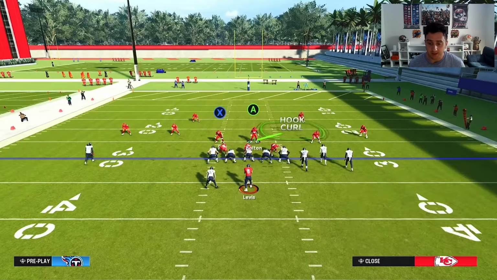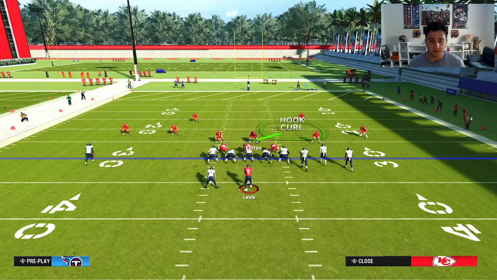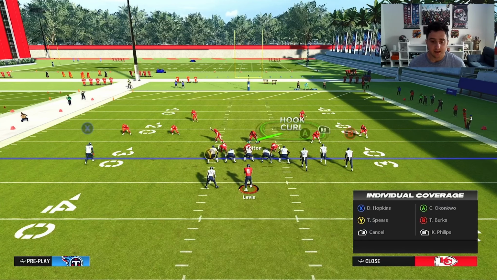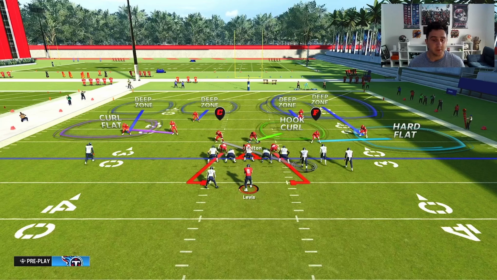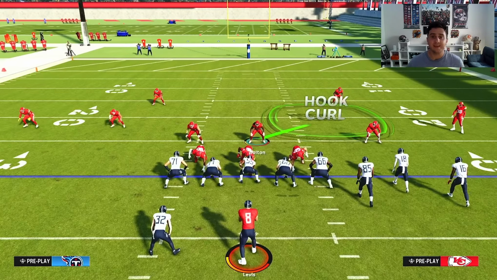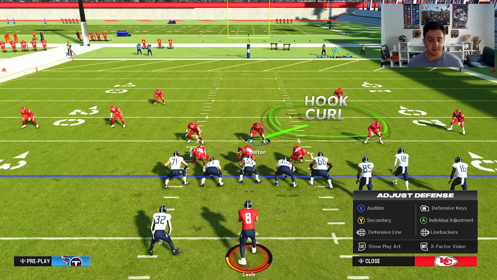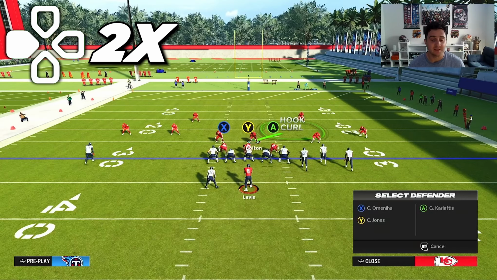You can put him even in a middle third, you can put him in a man assignment. It really just depends on what you want to do, but that is how you quick adjust your linebackers. But what about the defensive line? To quick adjust your defensive line, all you need to do is double tap left on the D-pad, and you're